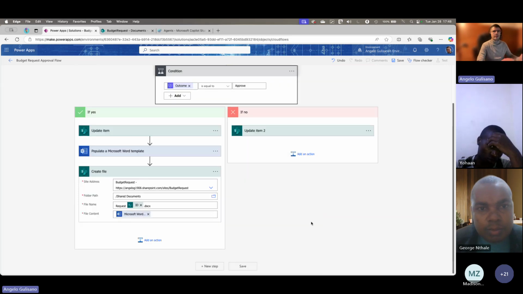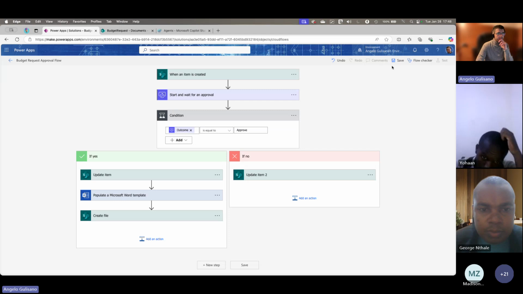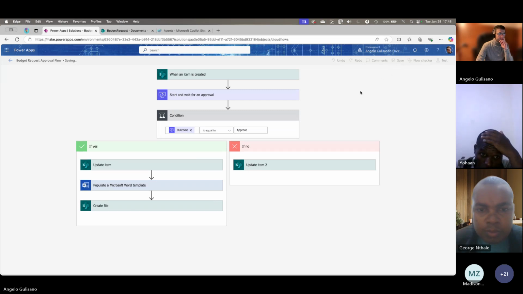So in this way, when the approver approves the request, our flow is going to create a Word file in our SharePoint. We can try the second step of our application.